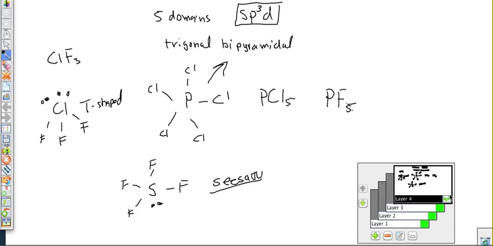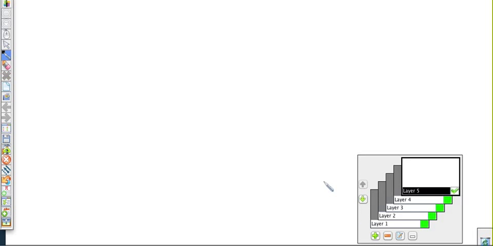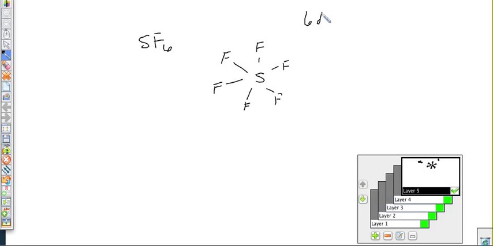So the final one, let me go ahead and just throw this up here for you. The final one, of course, which you're only going to get a few examples, like SF6, is a classic one. So sulfur can bond to 6 fluorines and make an expanded octet. See, 1, 2, 3, 4, 5, 6. There we go. That is beautiful. All right, and so SF6 is going to have 6 bonded atoms. So with 6 domains, where are you going to go with orbital hybridization? We're going to go